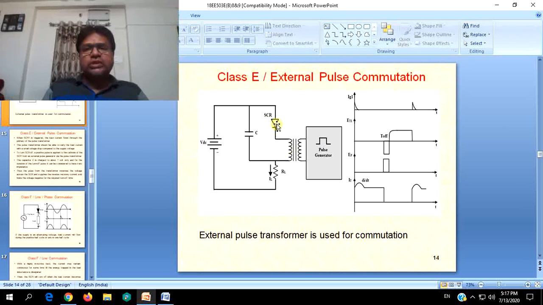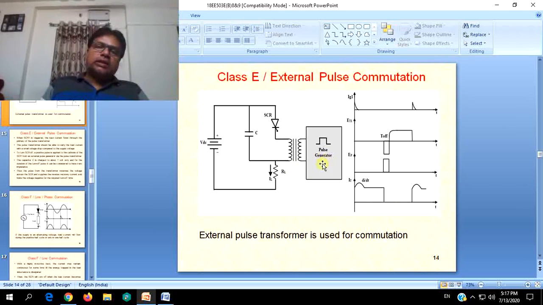Which will oppose the anode current, or main SCR current, and it cannot enter the source voltage, but it has to flow through the capacitor and back to the winding, and the load will not get any current in this period after the turn off. After the full turn off is over, the load will not be getting any current.